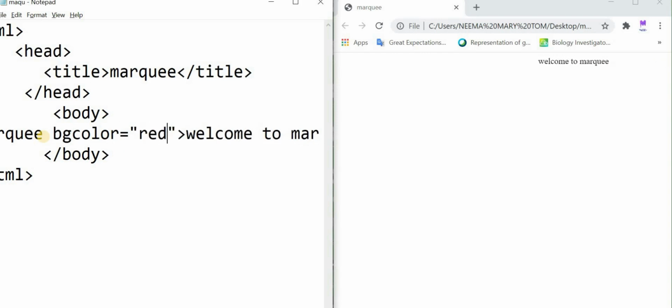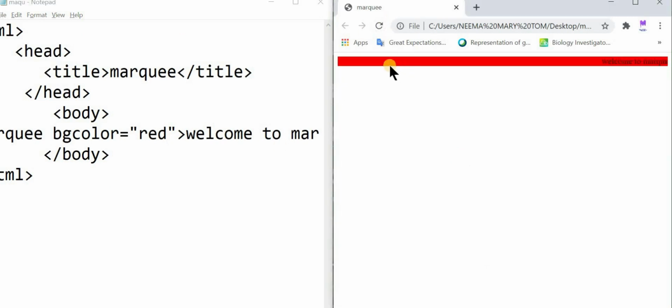Now let us save and refresh. That red color has appeared here in the web browser, and you can see the marquee text "Welcome to marquee" scrolling from right to left.